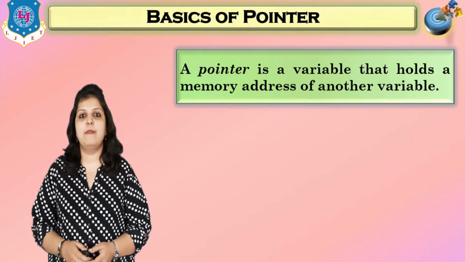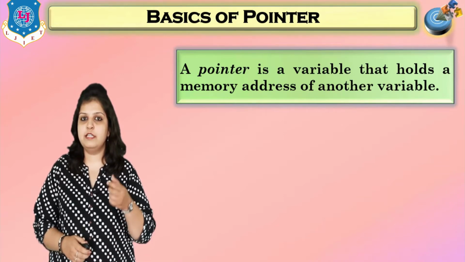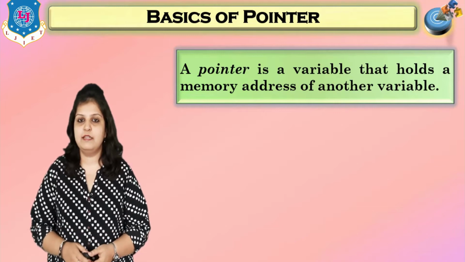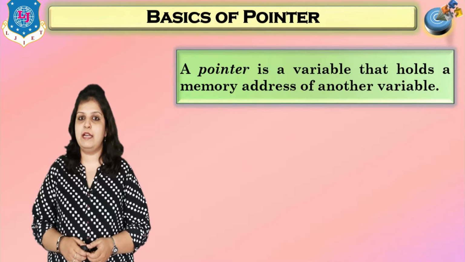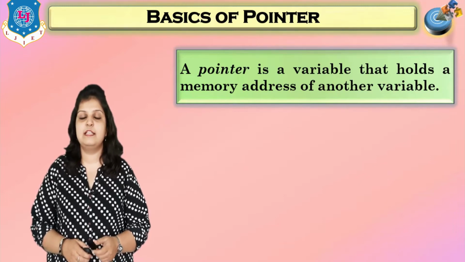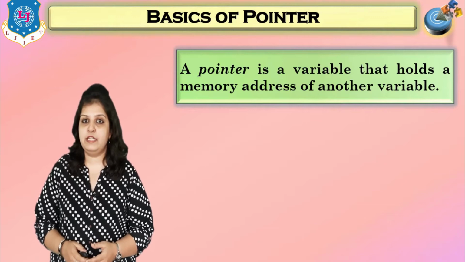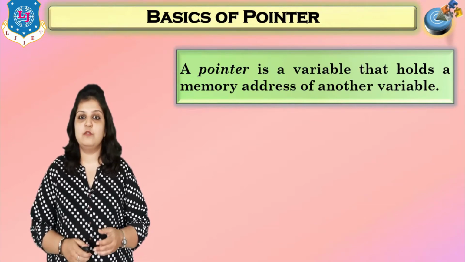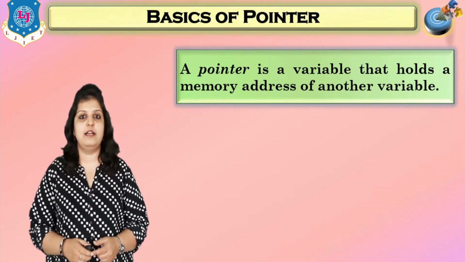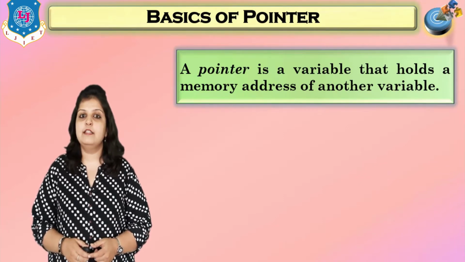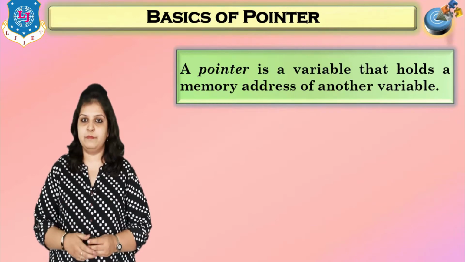This address means memory address. So in memory we have 0 to 65535 different bytes. Our memory address starts from 0 and our last byte is at 65535. So when you declare any type of variable, that particular variable is stored at a particular location, and this location is called a memory address, and the function of a pointer is to store the address of another variable.